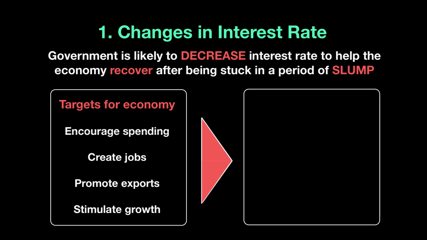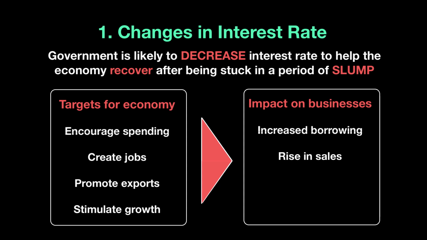Now, a decrease in the interest rate would help both the businesses and the consumers to gain more confidence in the economy again. Of course, at a lower interest rate, let's say the interest rate has now been changed from 5% to 3%, then every dollar borrowed, when returned, will have to pay a smaller amount of interest, from 5% to 3%. So you save 2% on interest costs. Therefore, businesses are encouraged to borrow more. Consumers are encouraged to buy more on credit. So you see a rise in sales.